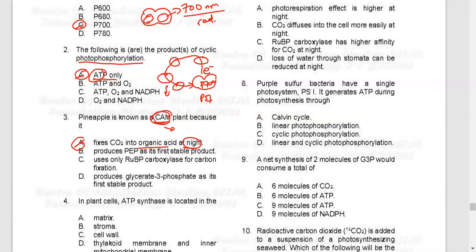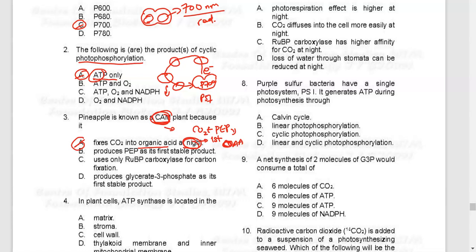So for a CAM plant, it fixes carbon dioxide twice. The first fixation of carbon dioxide will occur at night, which involves the carbon dioxide being incorporated with the carbon dioxide acceptor, which is PEP, phosphoenolpyruvate, and then it will be converted into